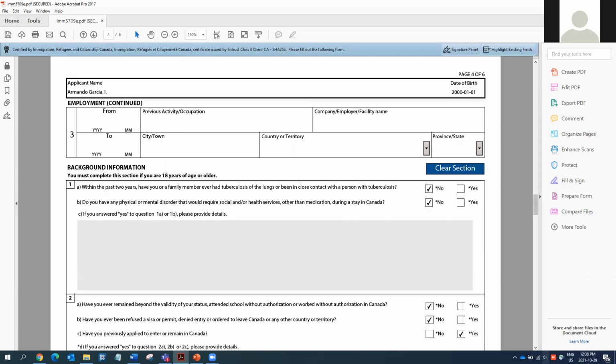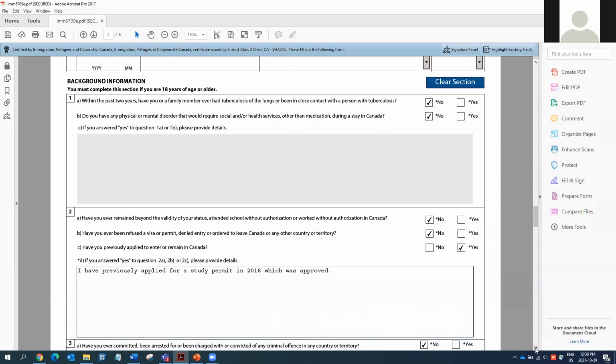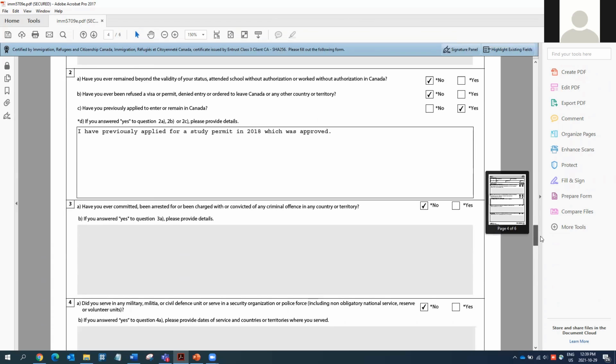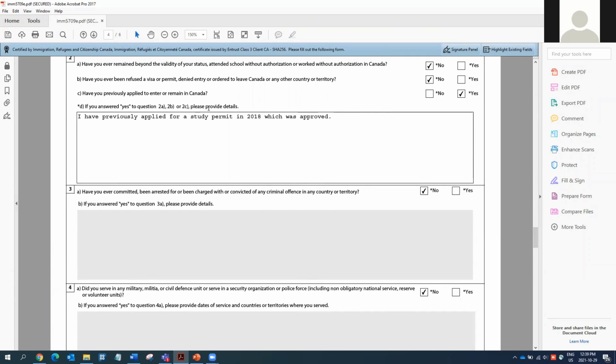Then we get to the background information. They're pretty straightforward. Have you or a family member ever had tuberculosis or been in close contact? Yes or no? Do you have any physical or mental disorder that would require social and or health services other than medication during a stay in Canada? Yes, no. If you answer yes to any of these, you do need to provide details here. And then, have you ever remained beyond the validity of your status, attended school without authorization, or worked without authorization in Canada? Yes, no. This is really important